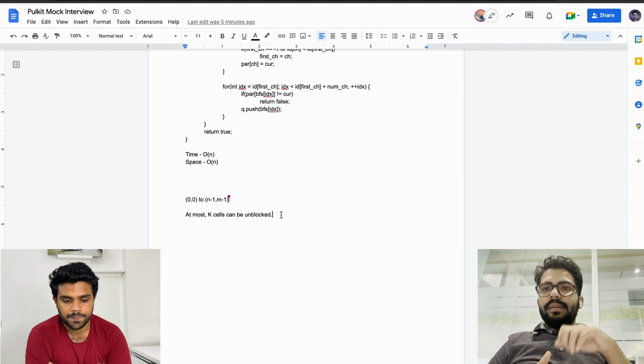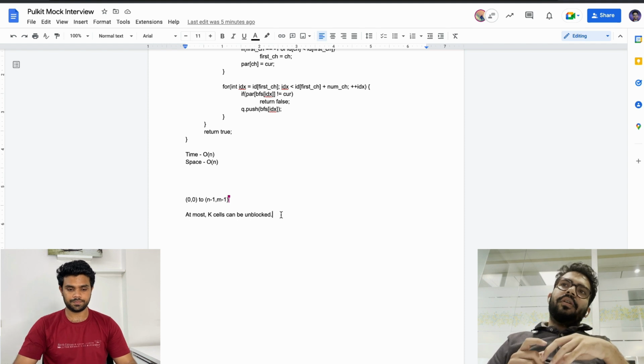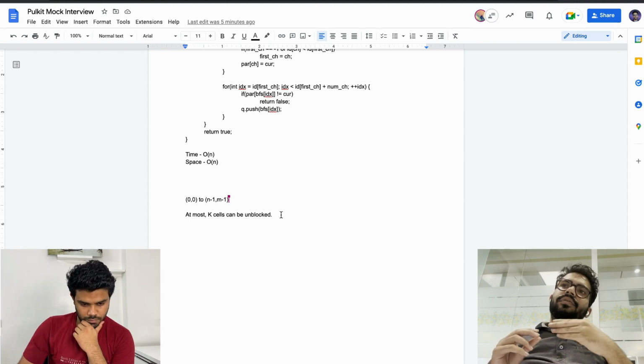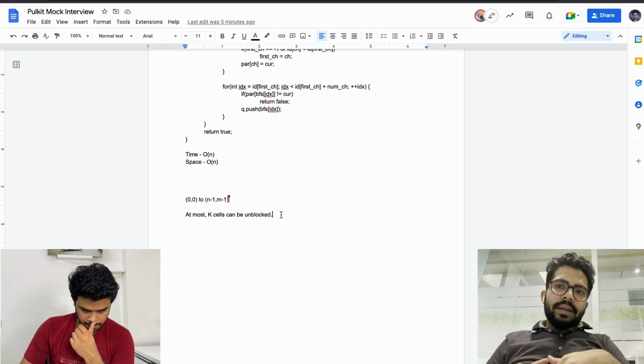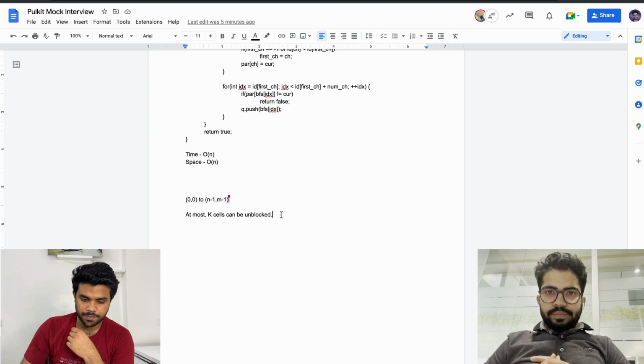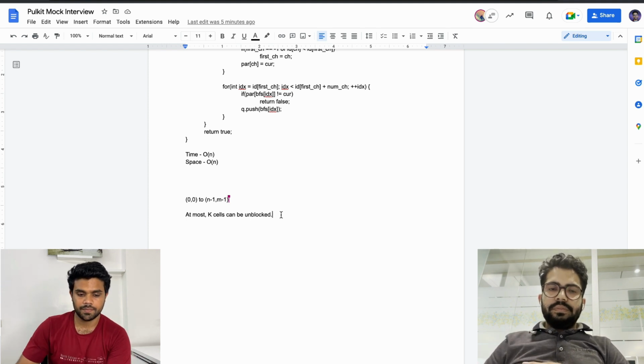So my answer will be simply the minimum of distance of n minus 1, m minus 1, 0, n minus 1, m minus 1, 1, and so on up to distance of n minus 1, m minus 1, k.